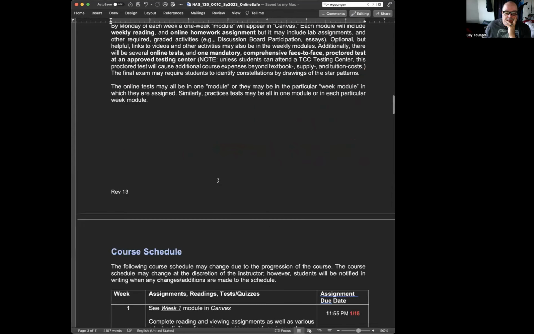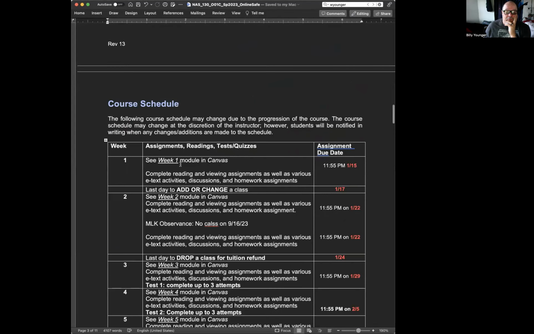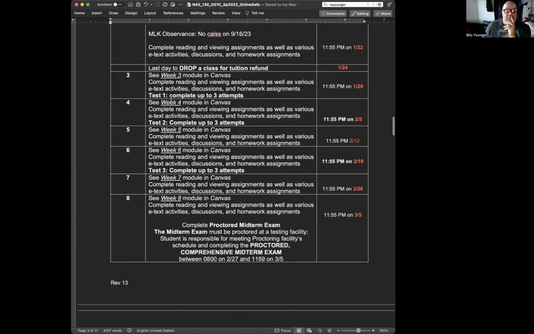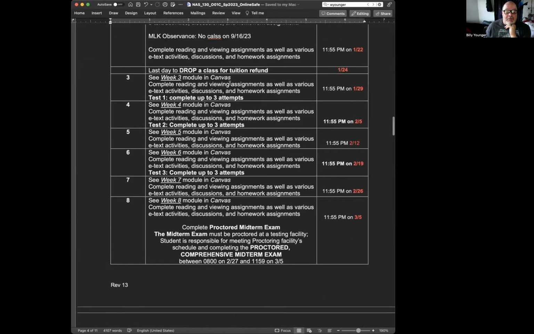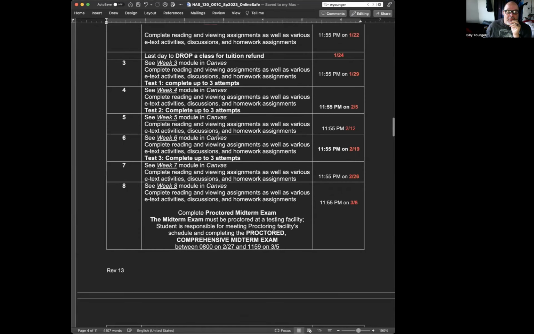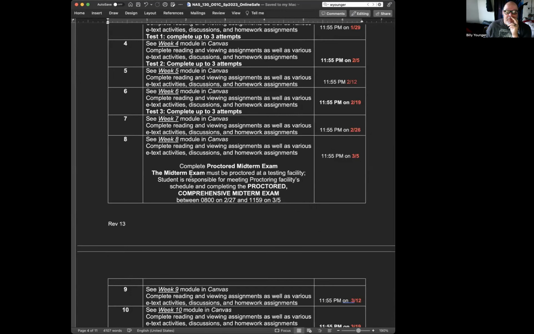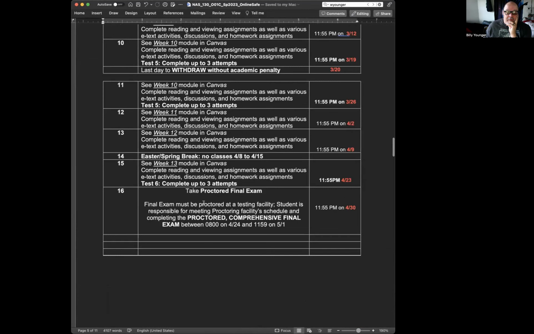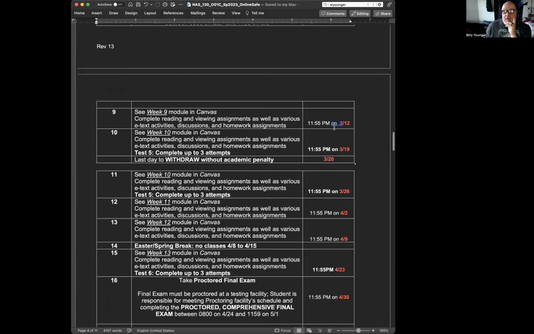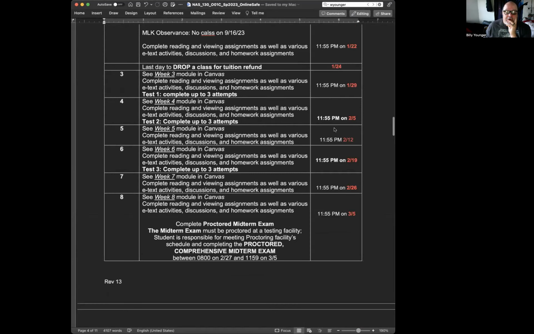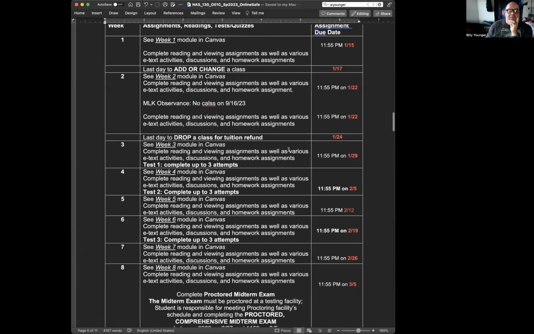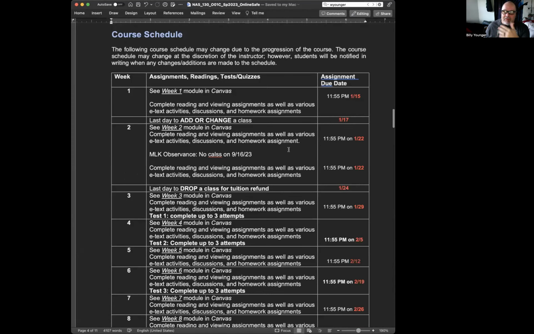So how does the course work? Well, here's my schedule. It tells you basically what we're going to cover each of those days. You can see we have tests. Where it says tests, those are online. And then you have, of course, a comprehensive midterm. There's the proctored one I told you about. And then a comprehensive final, again, a proctored one. It looks like these dates are all proper. This is the part of the syllabus that's somewhat tentative, so these dates can change, but generally